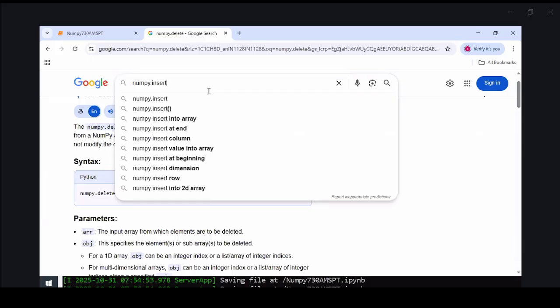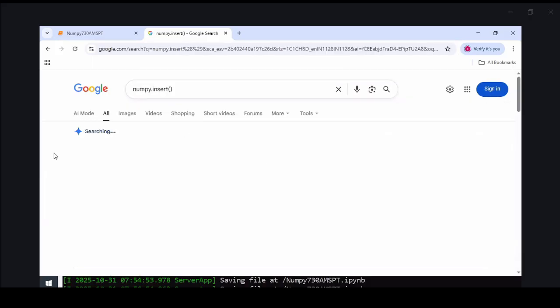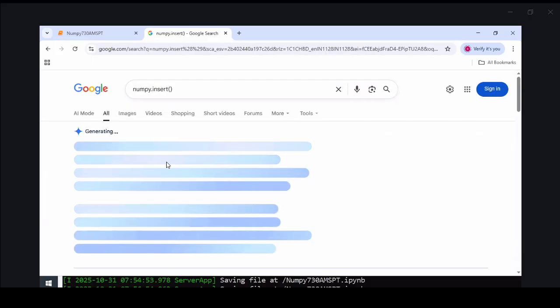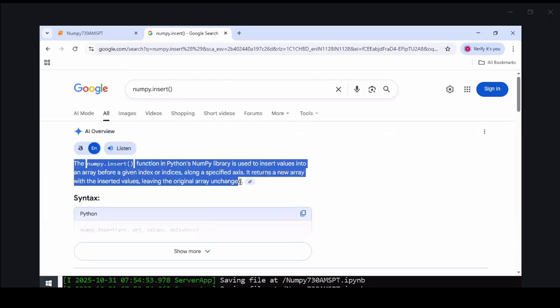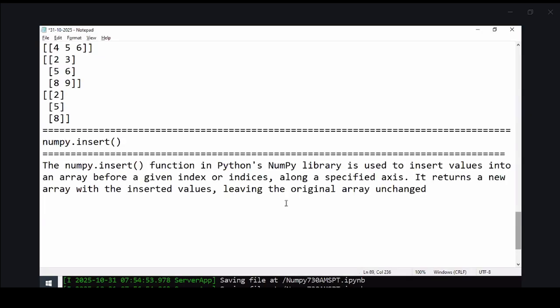I'm not giving my own definition, I'm taking the documentation definition. It inserts values along with the axis, but this is also immutable, not mutable. The numpy dot insert function in the Python NumPy library is used to insert values into an array before a given index or indexes along a specified axis. It returns a new array with the inserted values, leaving the original array